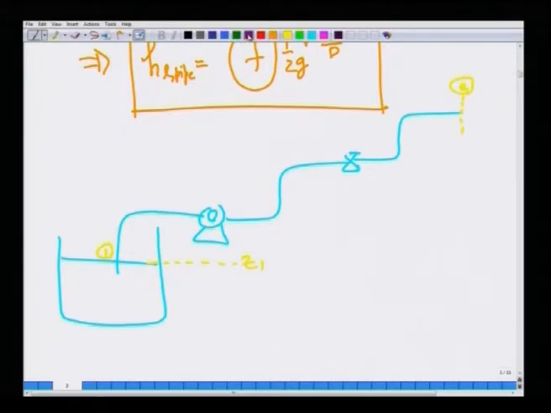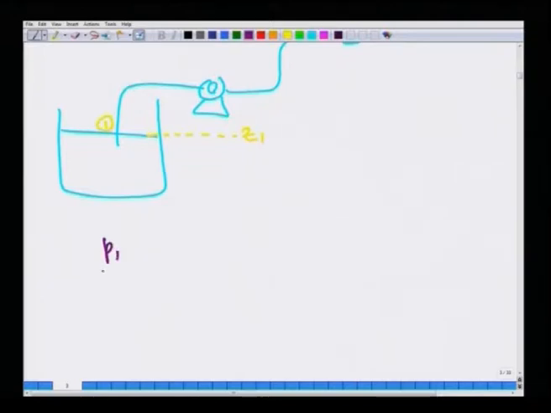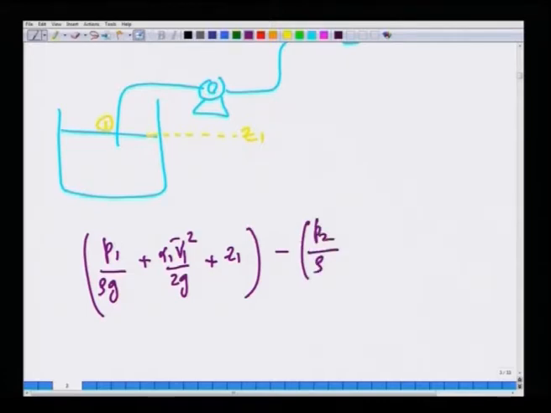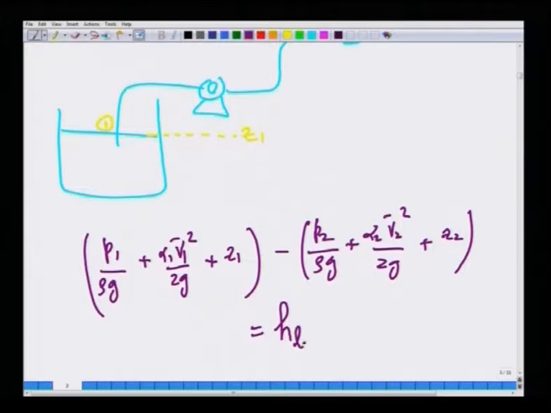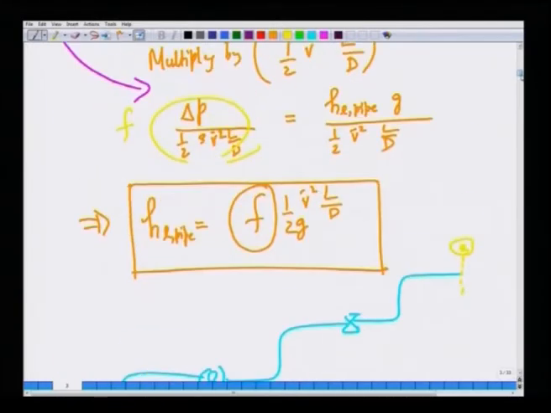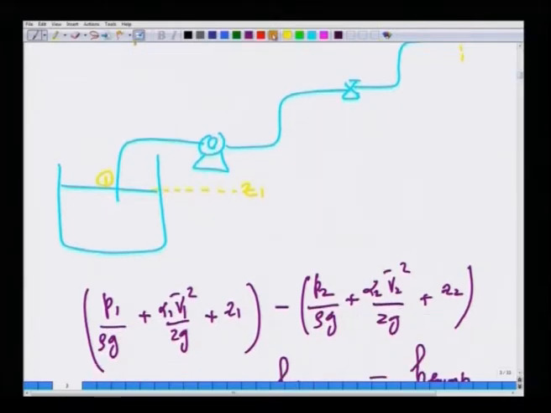Okay. If you want to write the energy balance between points 1 and 2, the general energy balance, of course, we know is P1 by rho g plus alpha 1 V1 squared by 2g plus Z1, minus P2 by rho g plus alpha 2 V2 squared by 2g plus Z2, is equal to head losses in the flow minus any work done by the pump on the fluid. So, there is a pump here, which inputs energy constantly to the system. Okay. So, this is a typical setting that one would like to